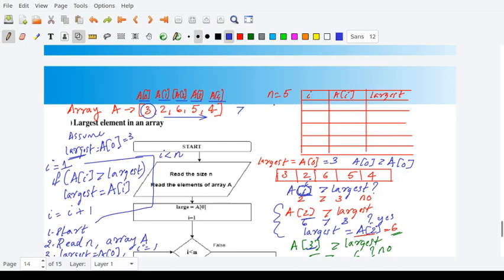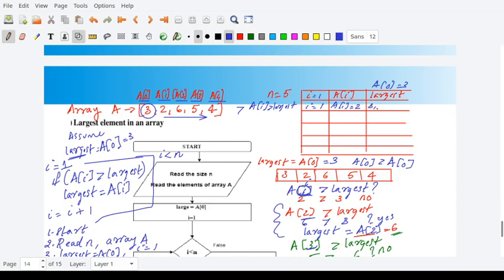So we will work out this algorithm once again. So initially I is set to 1, largest is set to A of 0, which is equal to 3. What is the statement that we are checking? Checking whether A of I is greater than largest. So at I is equal to 1, A of 1 is equal to 2, largest is 3 currently.